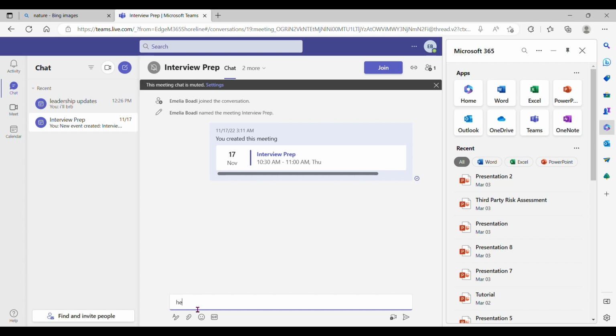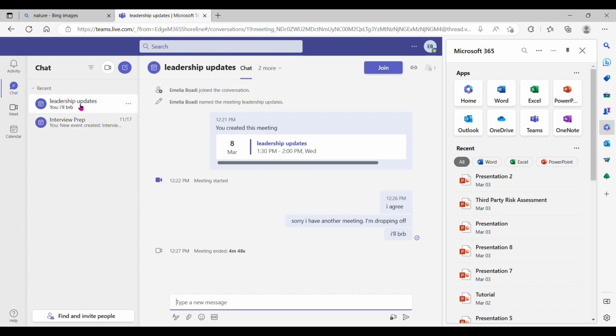Once the meeting is over, you can still type in updates, you can still ask questions, and it will go to everyone, not just the organizer. It will go to everyone who was in that meeting. Maybe you took some notes in OneNote that you want to share with everyone. Here is the place where you would do it. And as I am about to end this